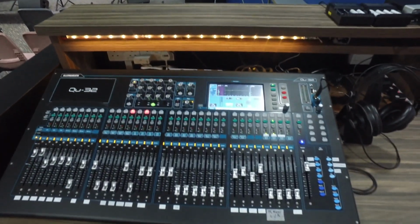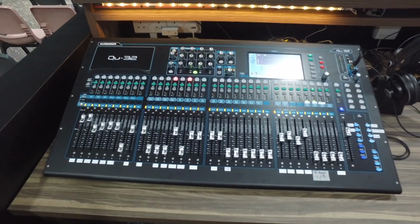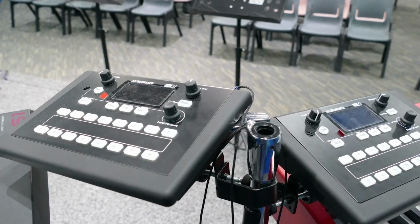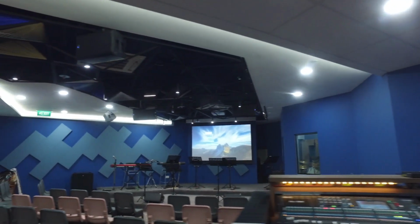The Allen Heath systems are really easy to use. So it is very friendly towards church volunteers, especially those who are non-professionals. They come here just once to serve a month and things like that. And the ME1s are basically designed together with, or rather meant for the Allen Heath mixers, so they match perfectly. So in terms of the ease of channeling the required channels to the various musicians and singers on stage,